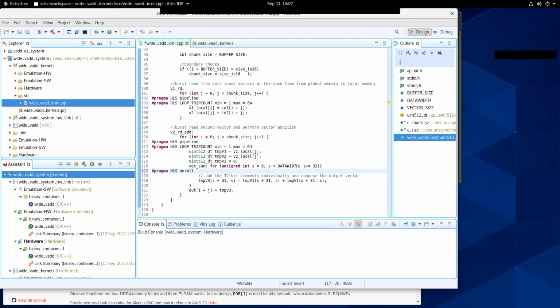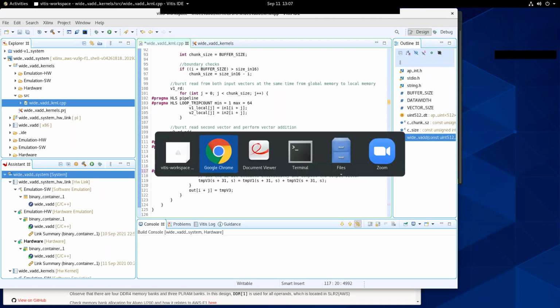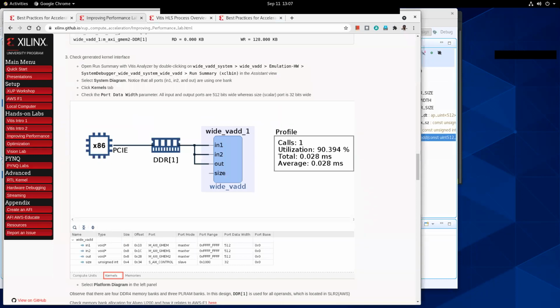So nice. So now let's go look at the hardware analysis here. Yeah, so here one more idea before we go. In this particular case, all the two input vectors and the output vector are present in the same DDR1 memory bank. That means if you are reading, let's say, 16 elements of in1 and 16 elements of in2, you may have to use two memory transactions to do it sequentially, one after the other.